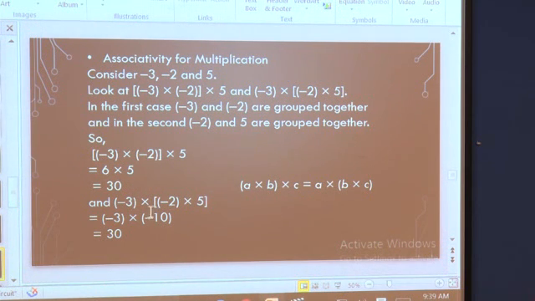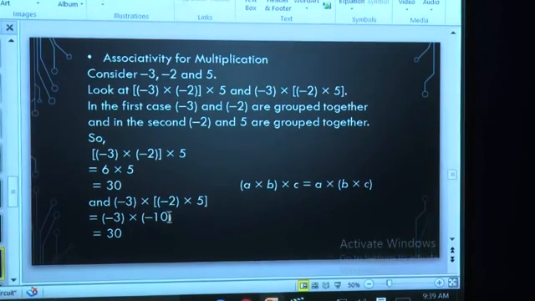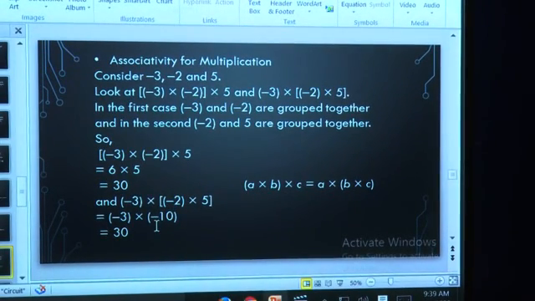And minus 3 into minus 2 into 5, here I had done the grouping of one whole number and a negative integer. So I will solve this first bracket. I had written minus 3 as it is. Solve this bracket: minus 2 into 5 means 2 5s are 10 and it is minus, so I have written minus 10. Here you know when negative integers are multiplied 2 times you get a positive integer. So 10 3s are 30, minus into minus is plus. So this 30 and this 30 both are equal.